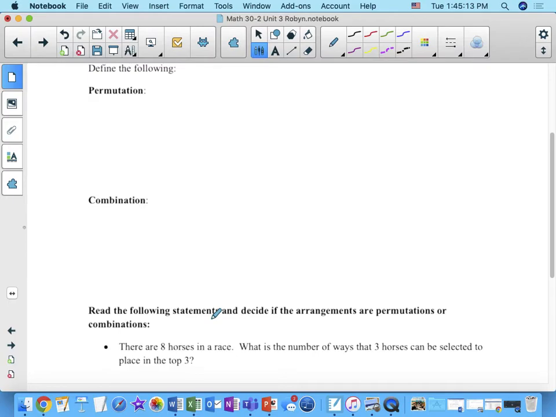Don't write that on your diploma exam, please. It's something where order matters, yes. What are we doing to objects? Yeah, we're putting them in places, we're arranging them, okay? So it's an arrangement of objects